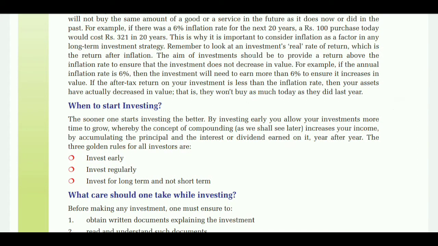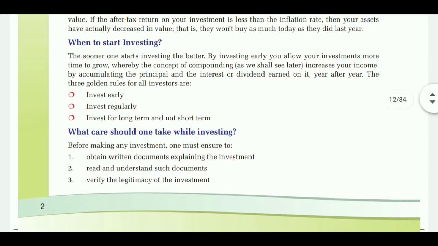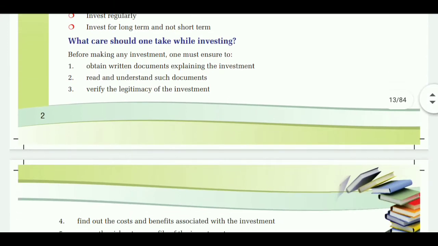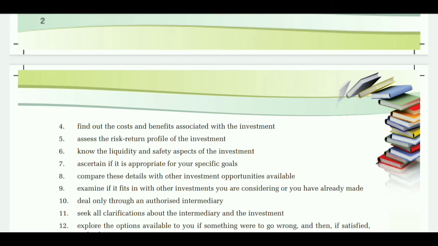What care should one take while investing? Before making any investment, one must ensure to obtain written documents explaining the investment, read and understand such documents, verify the legitimacy of the investment, find out the cost and benefits associated with the investment, assess the risk return profile of the investment, know the liquidity and safety aspects of the investment, ascertain if it is appropriate for your specific goals, compare these details with other investment opportunities available,